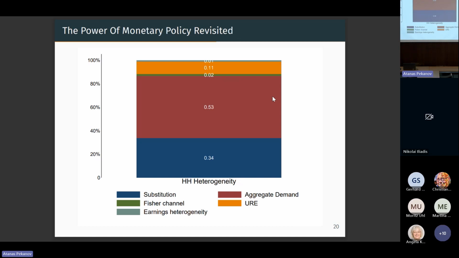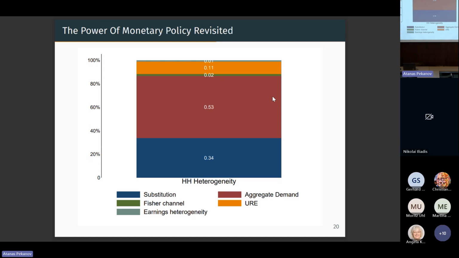And in the data, you saw that actually they are around 0.5. Actually, the average for the euro area is 0.45. So because of this, aggregate demand becomes much more important. And here you see that overall, 13% of the response in this calibration comes from these extra channels, which we